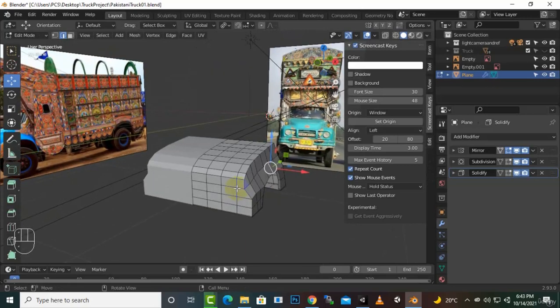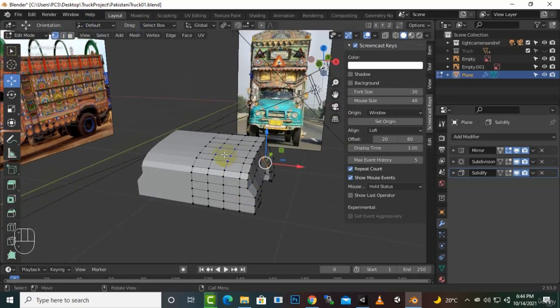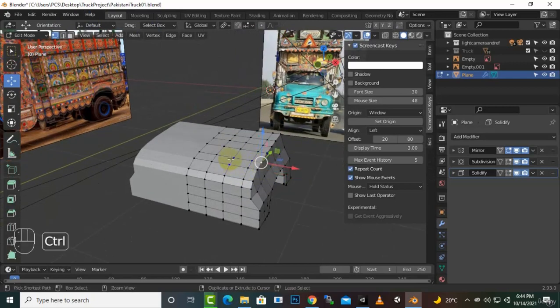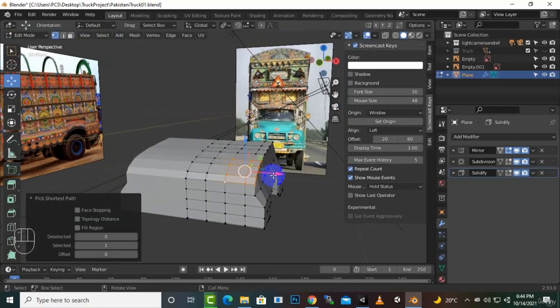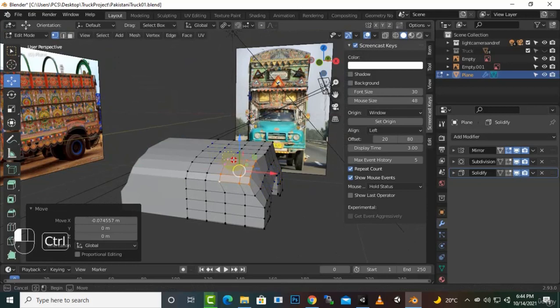So I think that we should move these sections. So if we select from here to here to here, and this one and this one and this one, and then if we move it a little bit inside like this, and